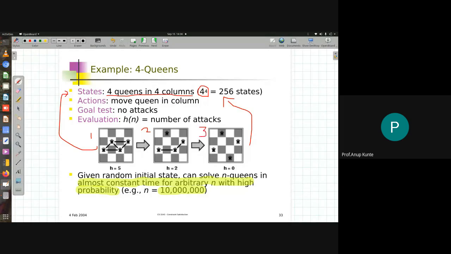What could be the variables in here? Variables will be the row numbers. There are 4 variables: 4 columns, 4 variables. Placement in a column can be represented with the row number. So for this, my 4 variables and their respective values would be 3, sorry, I should write it using this. 3, this is 2, this is 3 again, and this is 2. I should just pull it off so that it remains on the screen.